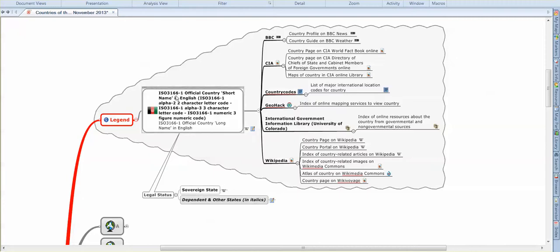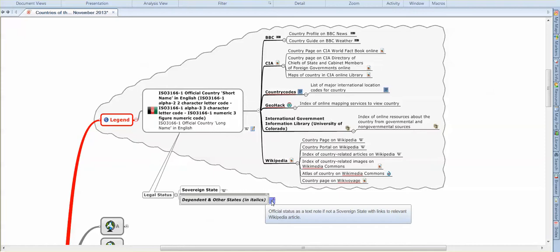The colour of the box denotes the legal status of the country, the difference between a country and a sovereign state, all subtle differences. Most of the countries of the world are sovereign states, but there are dependent territories as well, which are still classed as countries. It's not a two-way relationship. If you're a dependent territory, you're not necessarily a country, but some countries are dependent territories. And there'll be a text note attached telling you what the official legal status is of that particular dependent territory